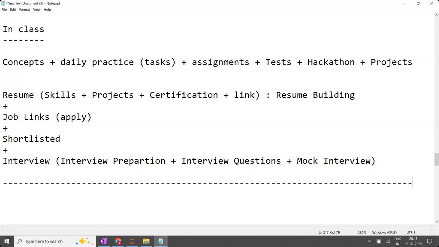In between, if you drop, or if you take a gap of 1 week or 10 days and again attend the classes for any reason, I am not responsible. I am out of coverage area. That one also I am saying clearly. You have to do everything in sequential order. Whatever I am saying to you, just blindly do that. Your career, my responsibility. Simple. If you're not following the order, I don't know anything. I'm sorry.